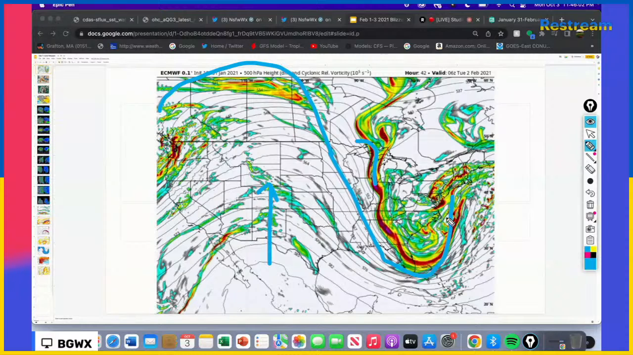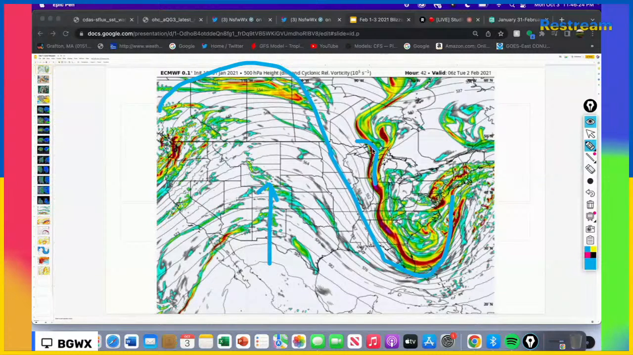Still going to be a rather broad trough base, given the dip in the jet stream and the powerful way we're going to back the flow here. That's not too scientific to say. But if you're not sure what backing the flow is,